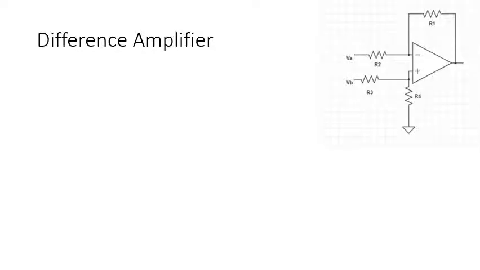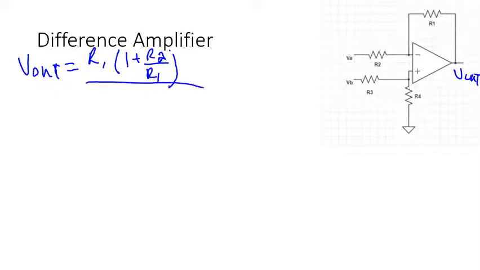We now get to our most complicated op-amp circuit. This is called a difference amplifier. Now your book does go through a proof of how it gets to this scary equation. I'm not going to go through it here because I never require you to go through the proofs for these, but if you look it up, V out here, so the voltage at my output, will end up equal to R1 onto 1 plus R2. That's a 2. Make sure we can read that as 2. Over R1. That whole thing